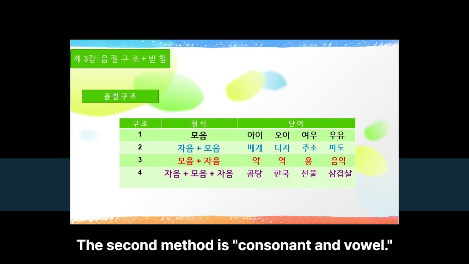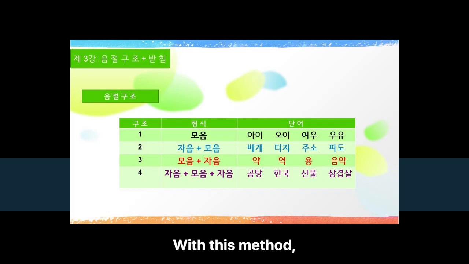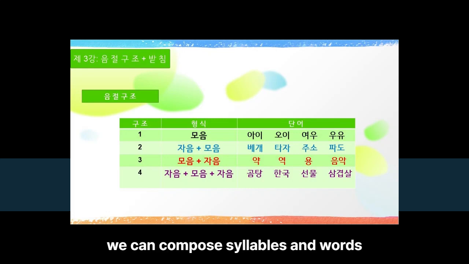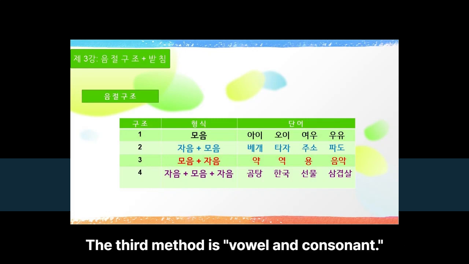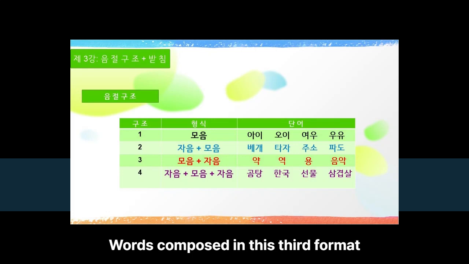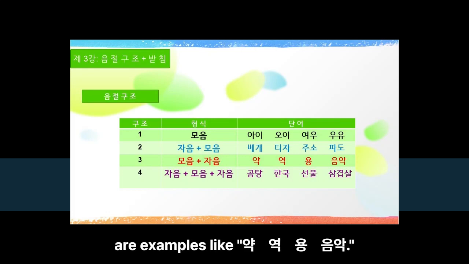The second method is consonant and vowel. With this method, we can compose syllables and words by combining consonants and vowels. Representative words include 베개, 타자, 주소, 포도. The third method is vowel and consonant. Words composed in this third format are examples like 야, 역,